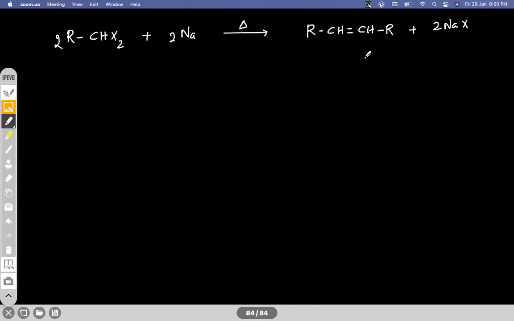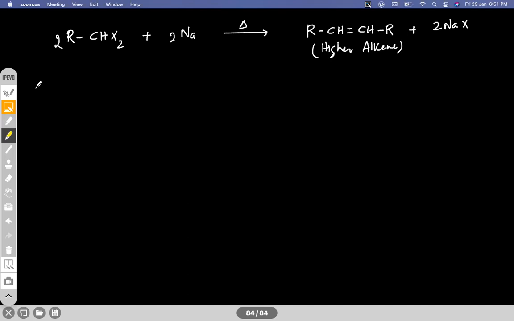Okay. No, dialkene won't form. These 2 halogens will go out. We have a double bond here from the other molecule. This carbon will get attached with a double bond to the carbon atom of the other molecule. Okay, if you take two different dihalides here, then we'll get 3 different types of alkene. All possibilities we have will combine. Okay, so remember in this we are getting higher alkene.